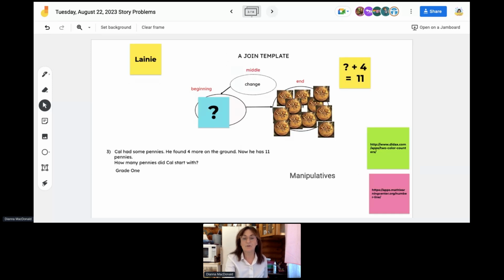The next one, Elaine, if you don't mind, I love your work as well. So you can see now we're using a different presentation model, but the structure is the same. So Cal has some pennies. There it is. We found 4 more, so that would be the change. And now it becomes 11. So she's got her 11. How many digits difference? And I love this. She's got the question mark plus 4 equals 11. Beautiful. And there is another, some students 11 go away 4, you get their 7, which is the change, but